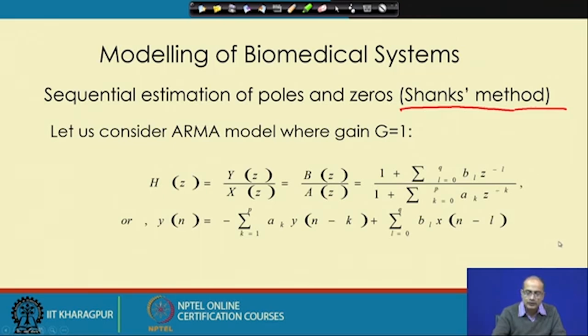In the ARMA model, we have taken Hz in terms of the ratio of the two polynomials Bz and Az, or in the time domain we can take that as a linear prediction equation using a few previous values of the output and the present and a few previous inputs. So, here